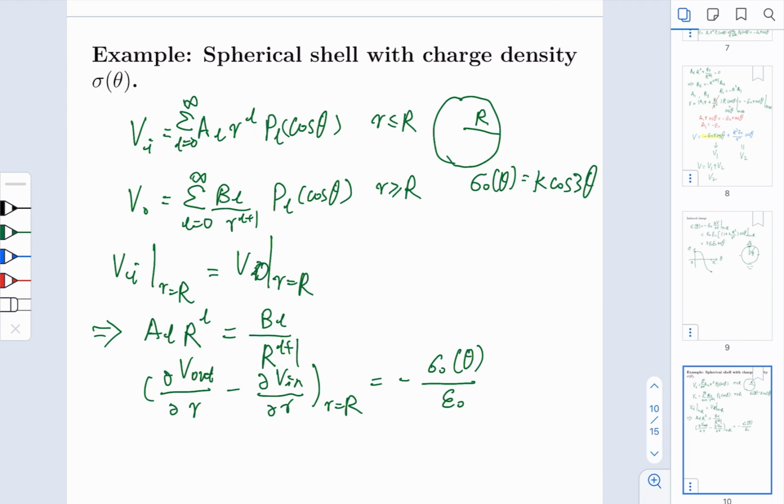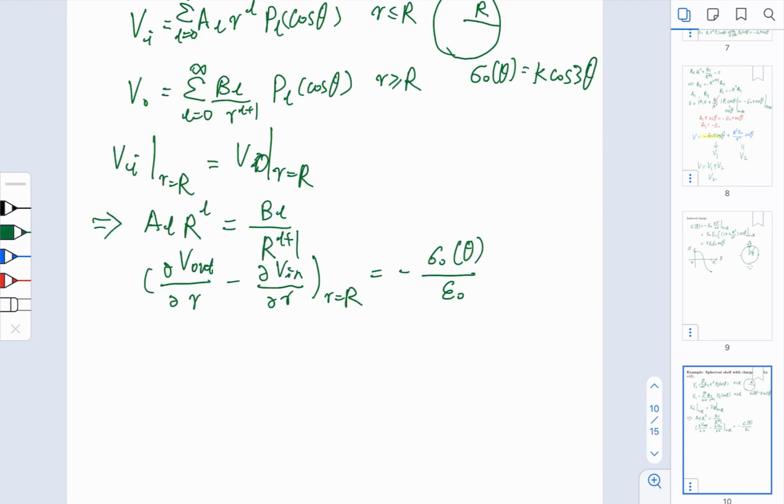So remember that I tried to give an analogy to quantum mechanics. The way we use it here is that as long as there's a surface charge, we can treat that similar to a delta function, and this will cause the value of the potential to be smooth, but the derivative of that to be discontinuous, and the discontinuity is specified by this amount of the surface charge. Now, if we plug everything in, we simply get